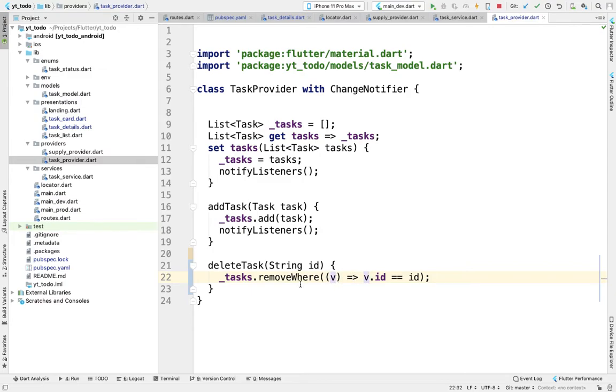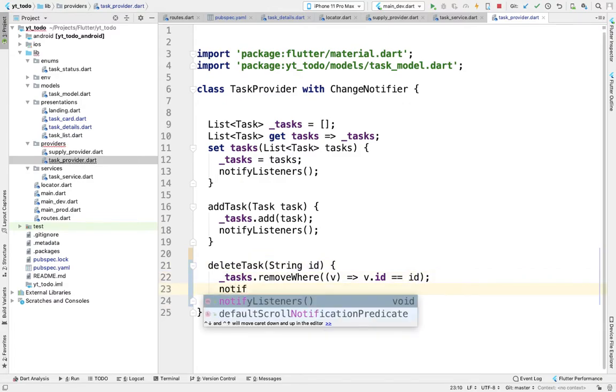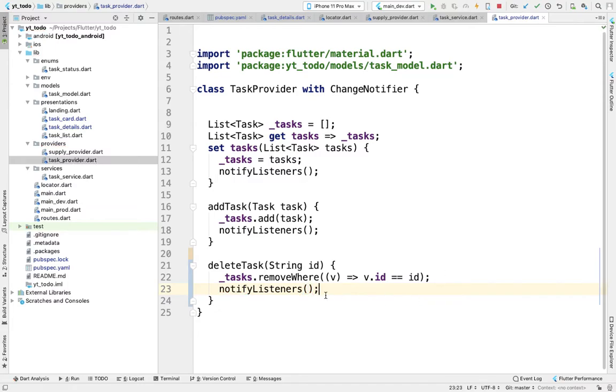So it will remove the task whose ID is equal to the ID provided in this function, and again we will notify our listeners so that the list is updated.